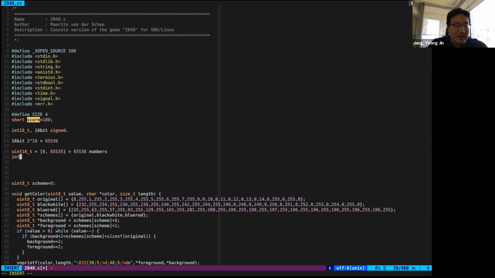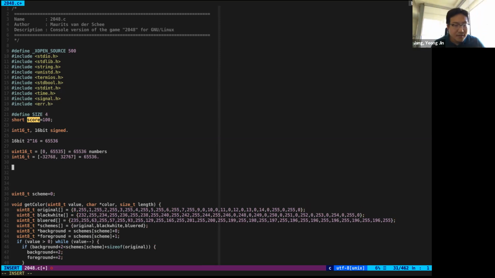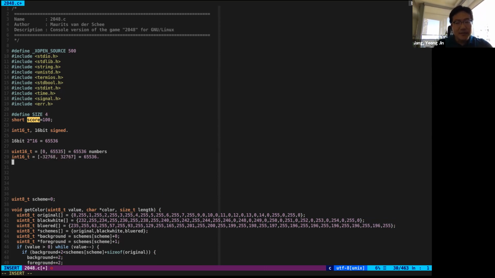And then if it is int16_t, then we can represent it from -32768 to 32767. So that is the entire 65,536 numbers. The reason why I represent the numbers like this is that these kinds of values may